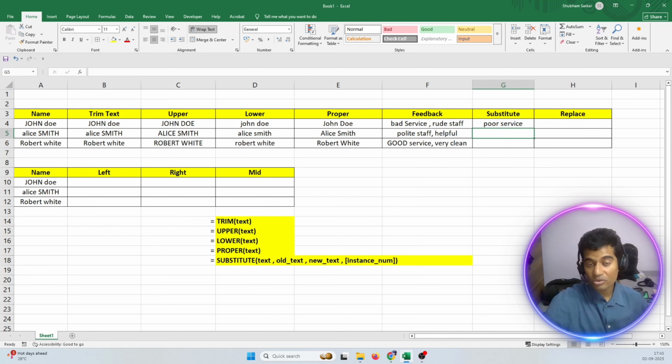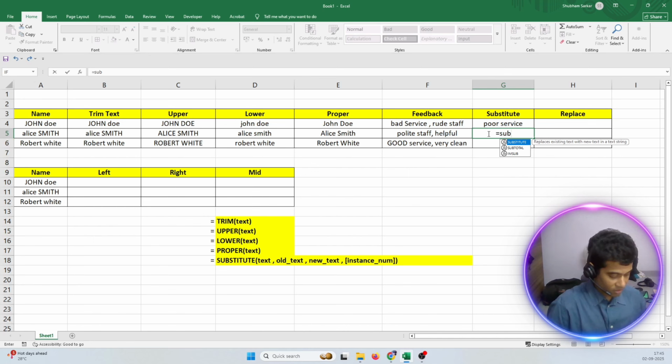Let me tell you one thing, you can also specify which occurrence to replace if the word appears multiple times, and here the instance number comes in. So that is the thing. Same thing, you can do it here as well. Let's write equal to SUBSTITUTE. We will write helpful in place of polite. In place of polite, let us write